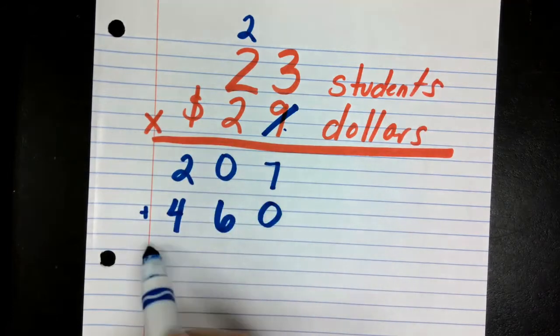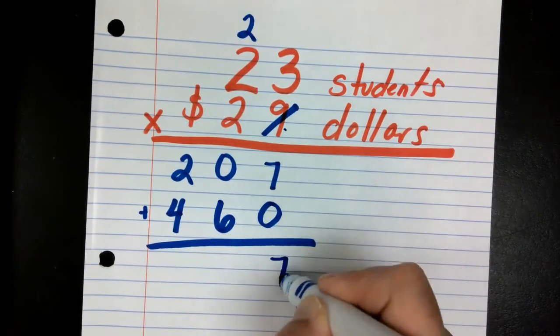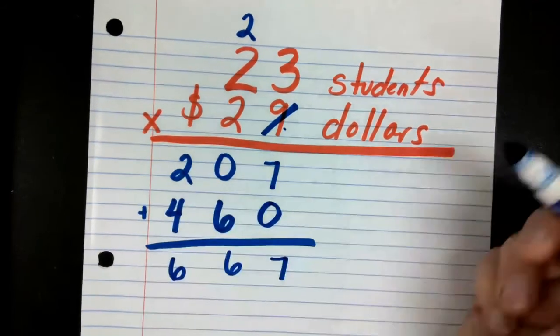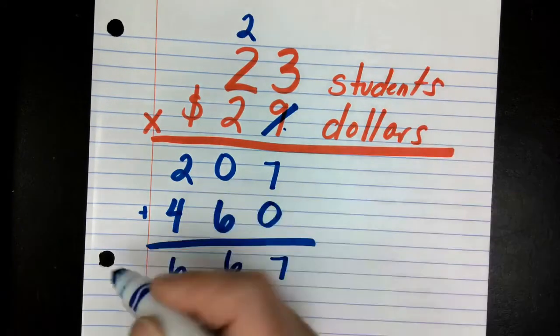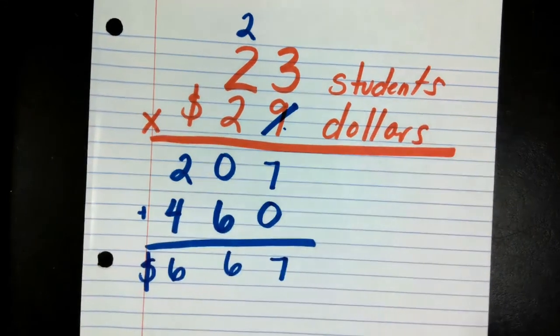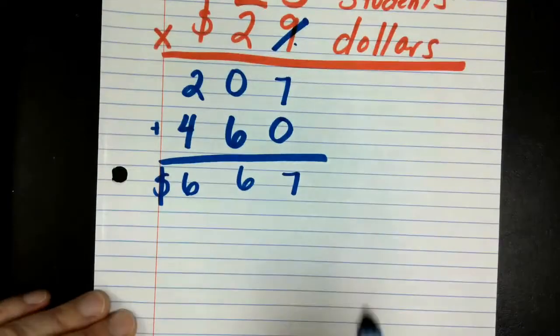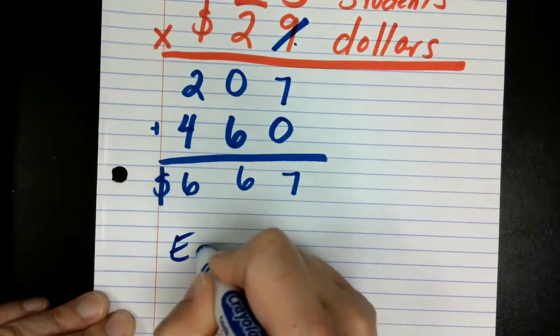I'm going to go ahead and add all of those up. 7 plus 0 is 7, 6 plus 0 is 6, 4 plus 2 is 6, and my label here for this is 667. Now, it asked me for a statement, so I would write, each student